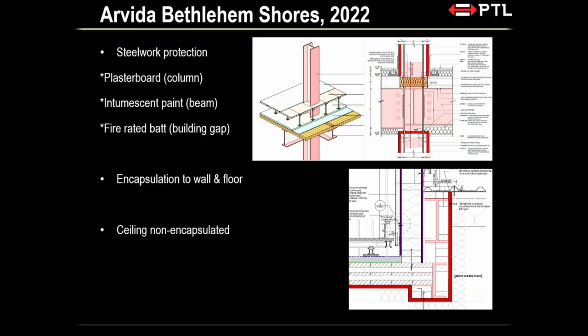All right. Where the column is exposed to the occupied spaces of the building, we have board protection, right? So the steel is not painted in there. It's board protection coming down, and then above the floor is also board protection. But in the middle, where all the steel beams are intersecting with the column, and you have bolt connections and all that, that part is intumescent painted. All right, so you have board, intumescent paint. The CLT floor sits on top of these intumescent painted steel beams.